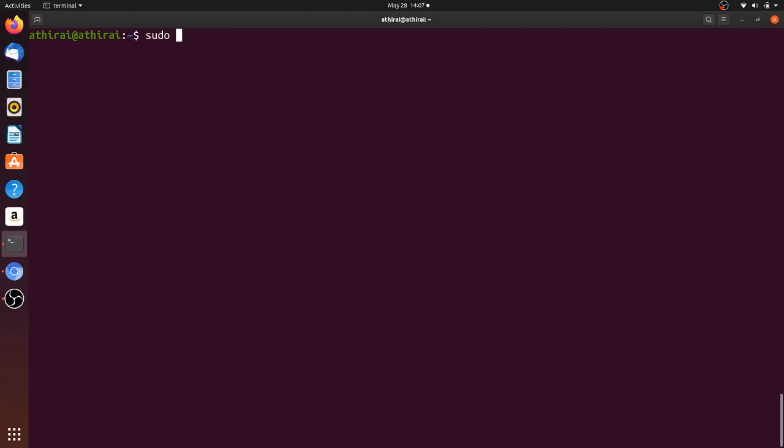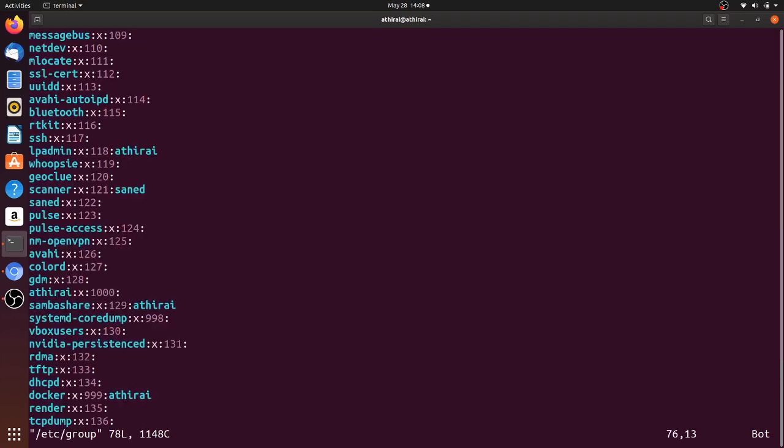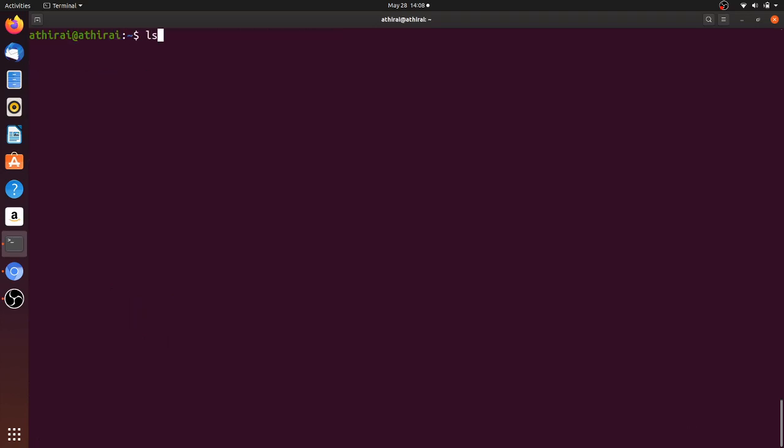So I'm going to run the usermod -a command to append this group for this user Adirai. Then if I open the file again, you will see Adirai added to this group docker.